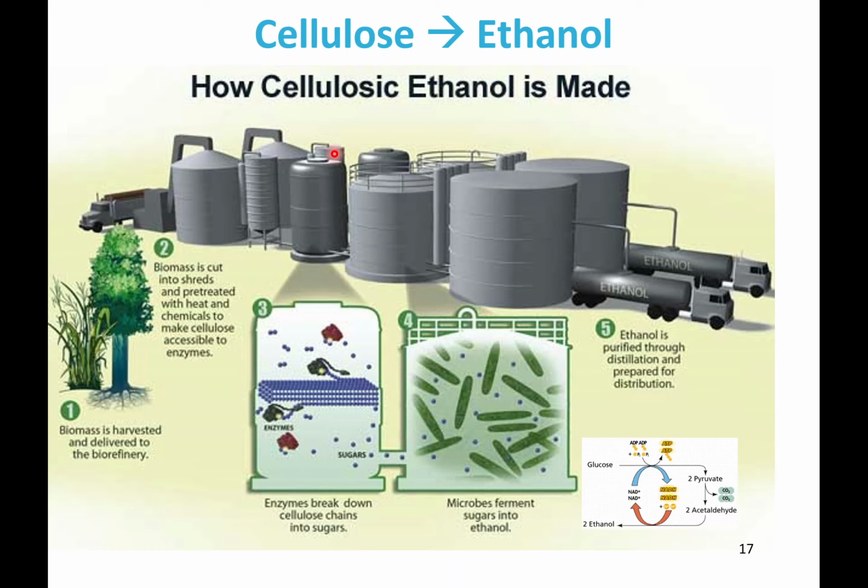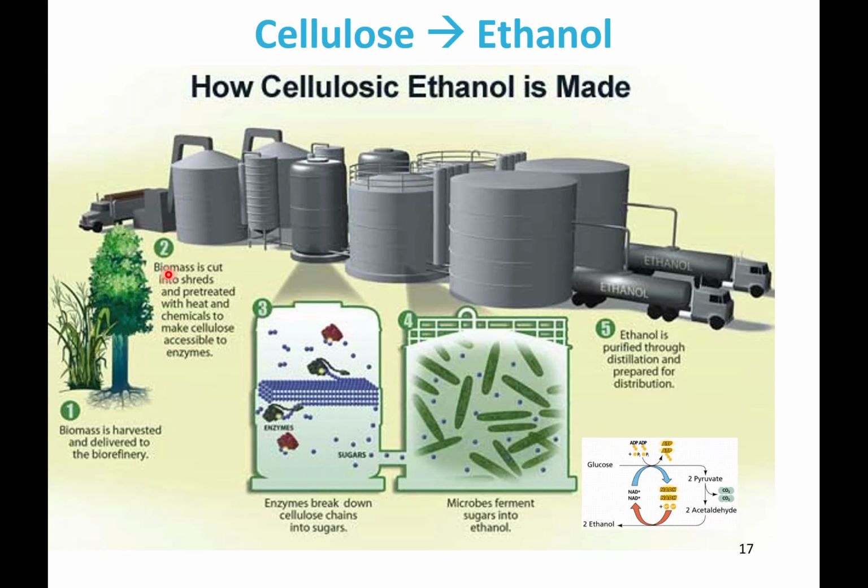So if I'd ask you a question about biofuels, this is probably the most important information to remember, just the process of getting a biofuel. Okay, so the first step here is you have to harvest what's known as biomass. So whatever your feed material is, whether it's plant-based or algae-based, you have to harvest that. Okay, and then that biomass has to be processed so that the cellulose, the molecule that you're trying to break down in the fermentation process